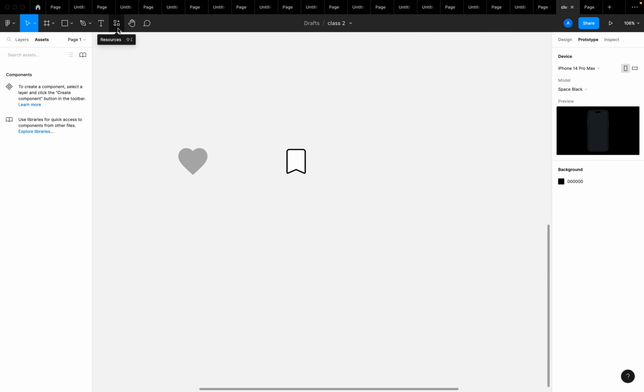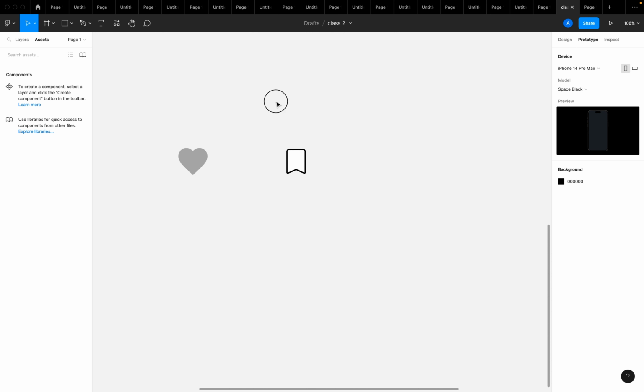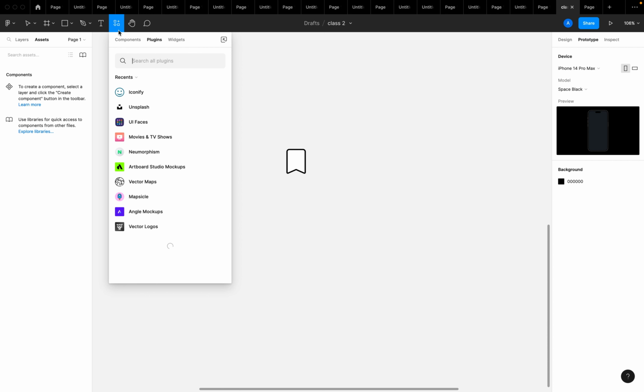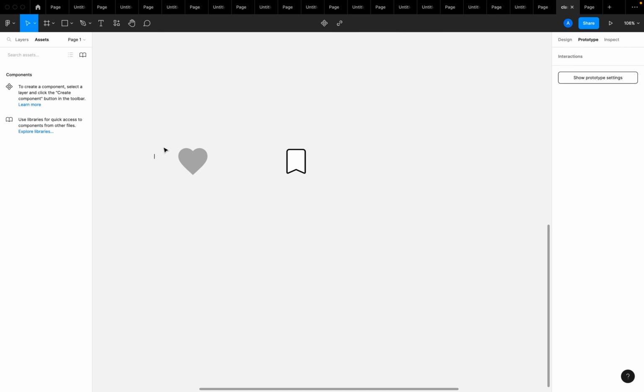So I think by now everyone should be familiar with this plugin Iconify, which I used the last class while creating the Instagram post. So you go to Iconify to get these two components here. They call them icons. These two icons. So you go to Iconify, and then for this you search for the word love,